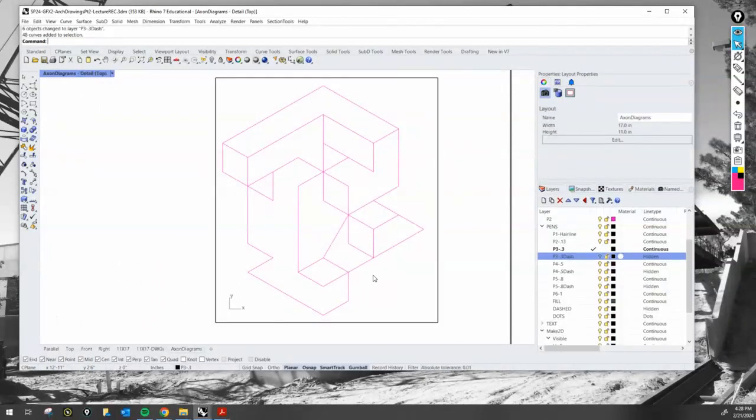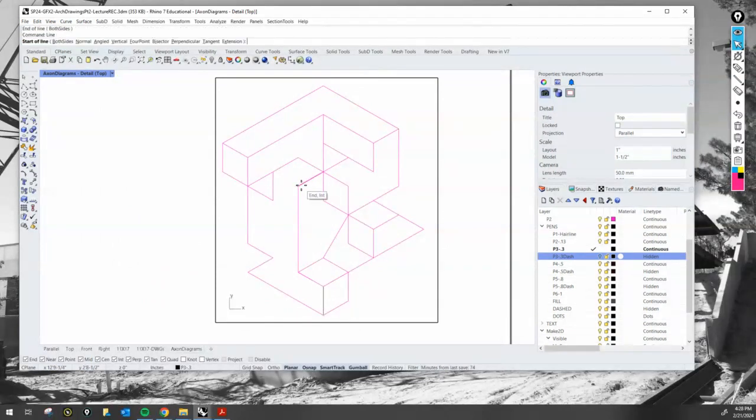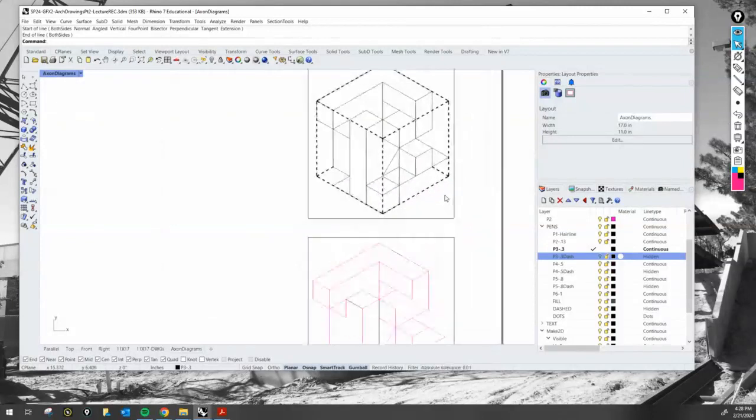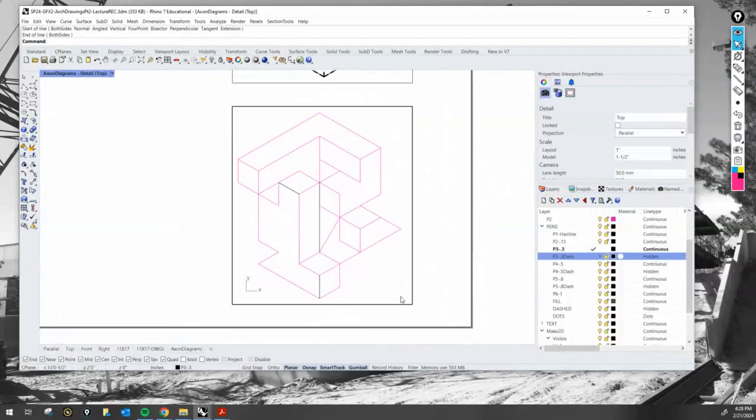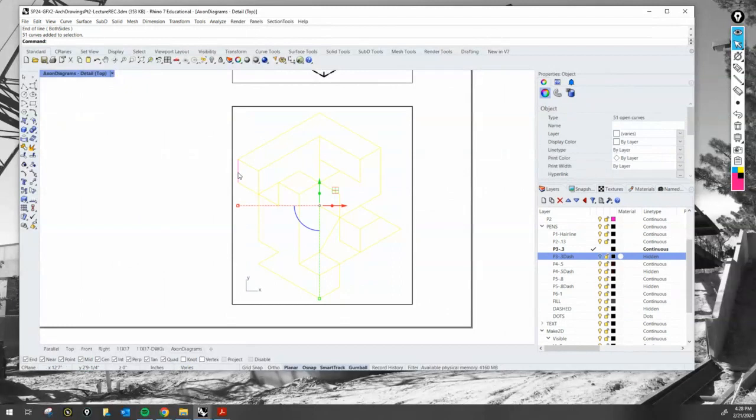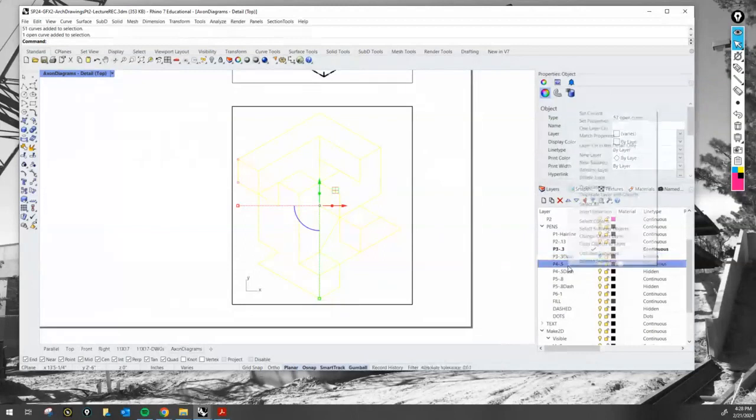So I think there should be a line over here, should be a line over here, and there should be a line over here. So double check. I think so. Okay. And let's make sure that they're all on the right layers. I'm going to select all of this. And I'm going to switch this, like for example, here you see I left that one out. So I'm going to select that. I'm going to switch that to a 0.5 continuous. Change object